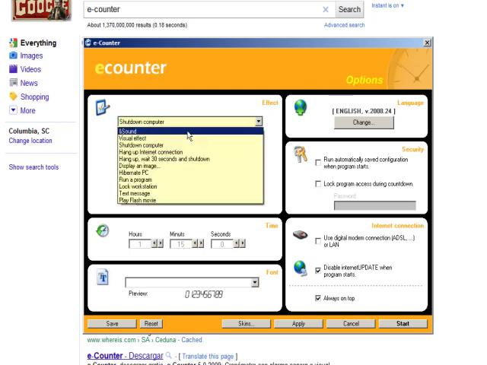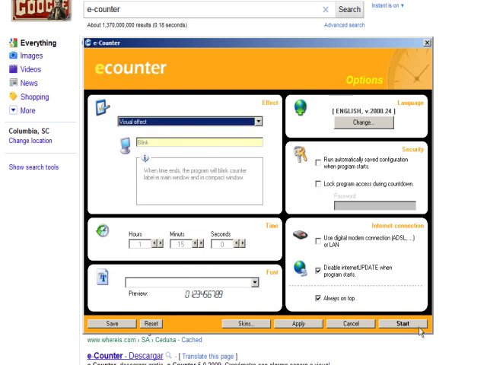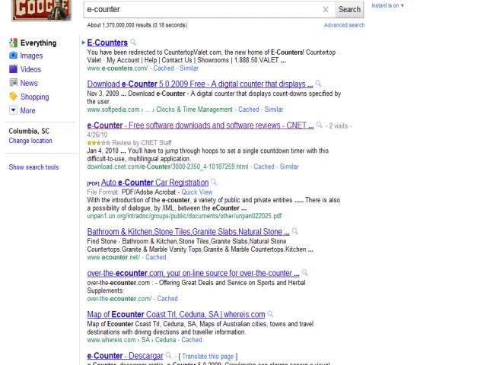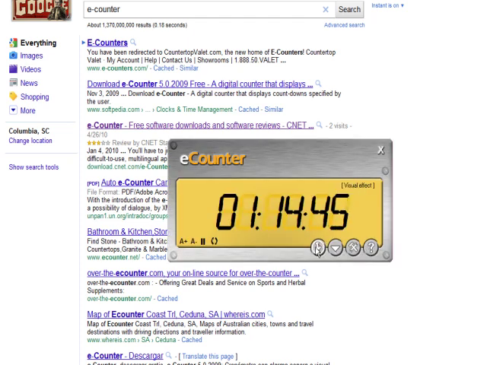Let's say I'll do visual effect, and I click on start. As you can see, the timer is running. If I click to switch to compact mode, it'll switch to a smaller view, as you can see here. You want to make sure this is selected.